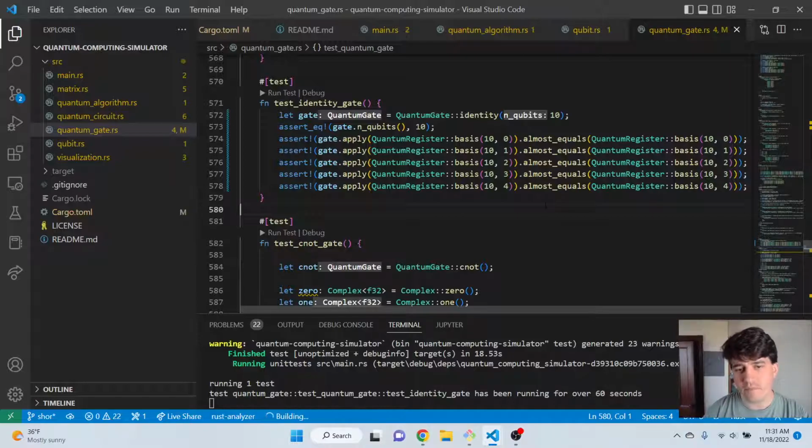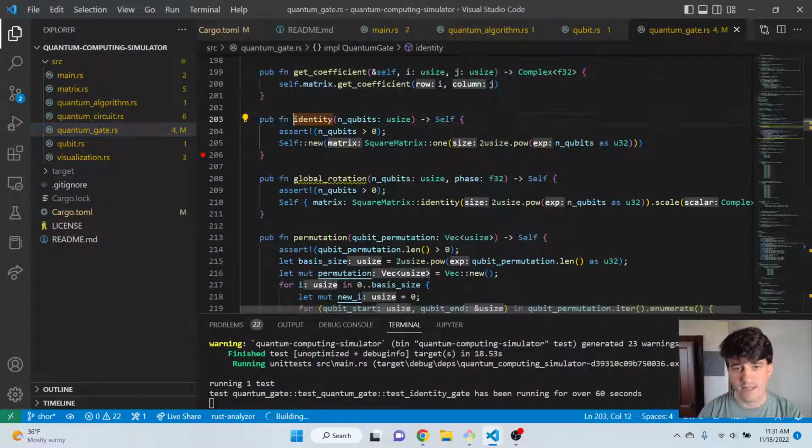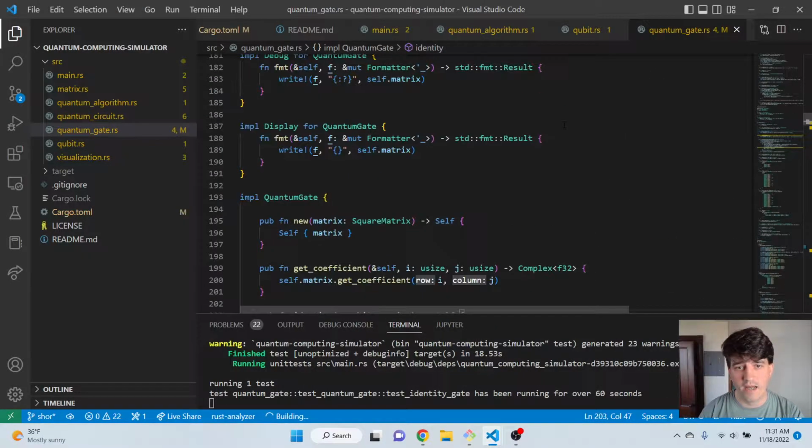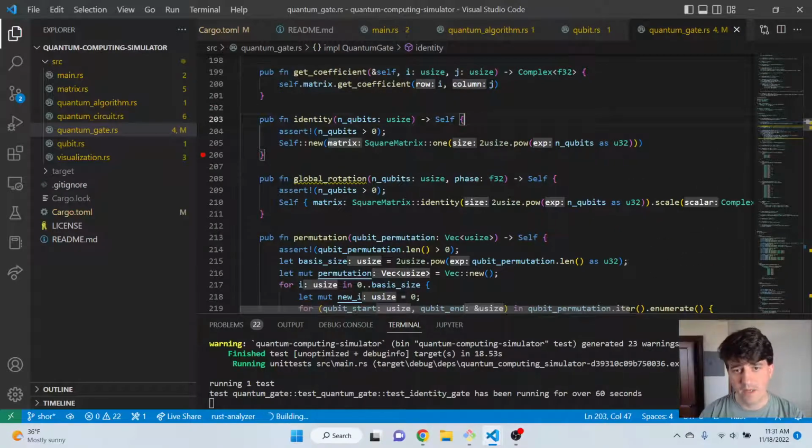So, do I have any beliefs about where the bottleneck is? I believe that it's in between the two places that I've tested, but I don't have a super strong belief. So, the next thing I'm going to do is try to bifurcate the problem, and the only really good way I have to do that at the moment is I've done this test on Quantum Gate. I should really be doing this on the type inside of Quantum Gate, which is the square matrix type, which is just a wrapper for